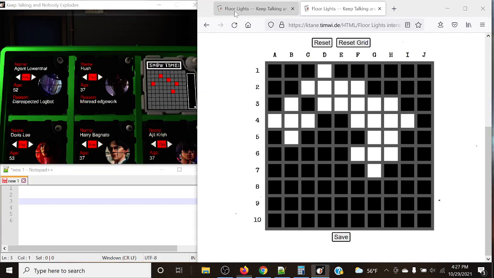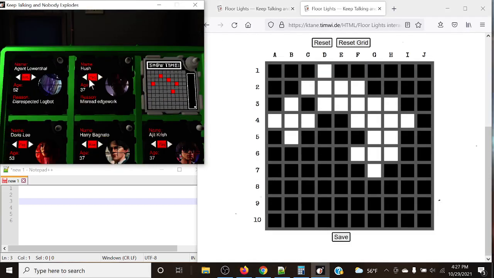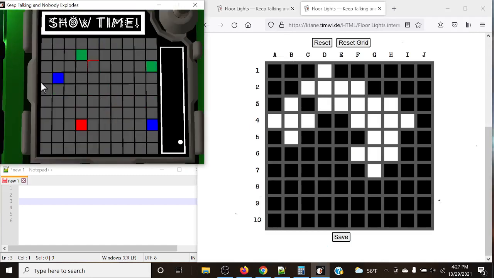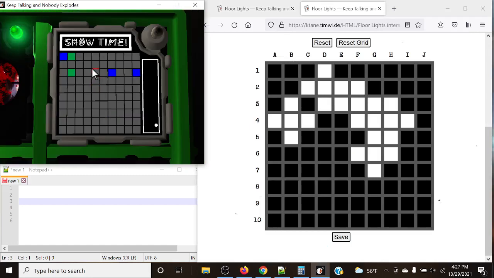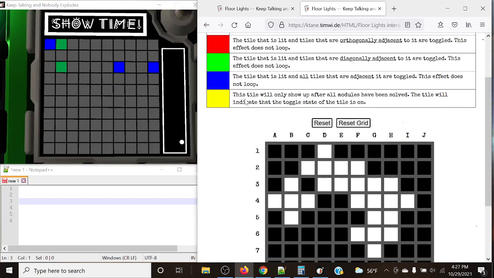Taking a look, remember that it takes about 2 seconds to show the next pattern. So let's take a look here. Let's kill Hush. And see, it's doing that little beat, and just like that, a new stage has been presented to us. Our first one in reading order actually corresponds to Alpha 1. And now we're taking a look at the blue rule. The blue rule is the tile that is lit, and all the tiles that are adjacent to it are toggled. Since it is in a corner, and remember, the effect does not loop,